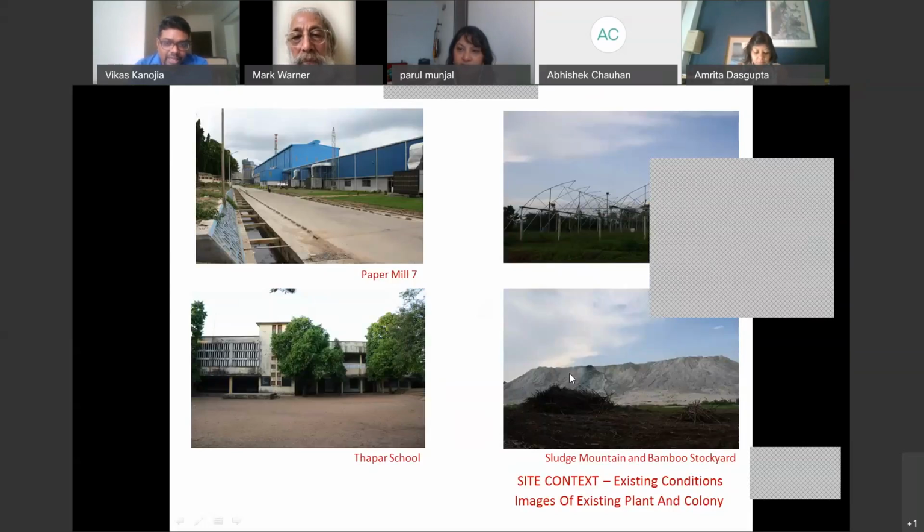on the right. The elevation of this huge sludge is approximately 23 meters, which has been built over so many years. And today they are trying to recycle it and also manufacture Ballarpur blocks, which are now being used